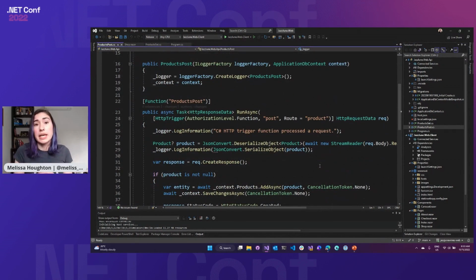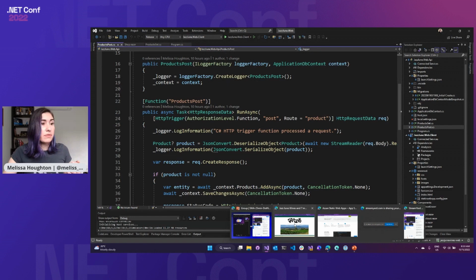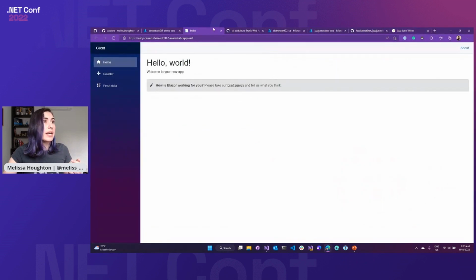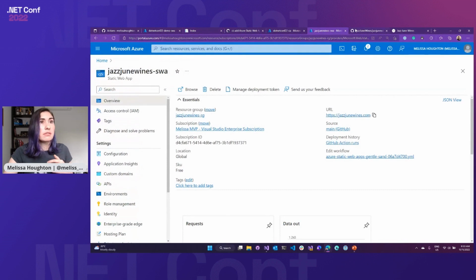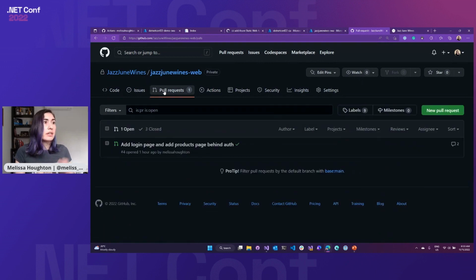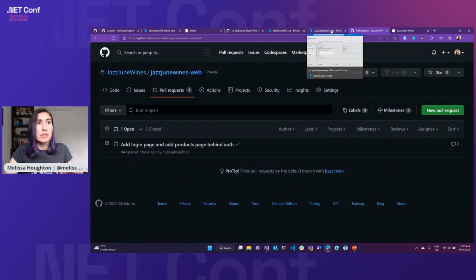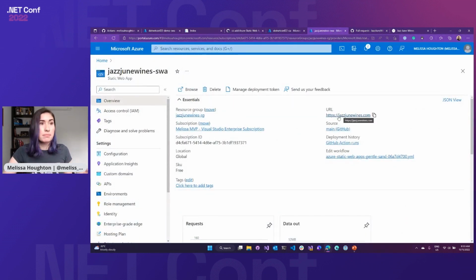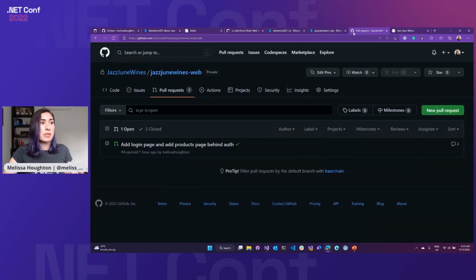I'm starting to build it out, and there are things that I might not want everyone to access. So I decided that I also needed to set up some authentication. And I've actually done that in a pull request for us so that we can see what that looks like within the preview environments as well. This is within the GitHub for the wine website. I have a pull request already here. This has already all been deployed to Static Web Apps. Quickly going back to the portal, we can see I have my custom URL in the static web app as well.